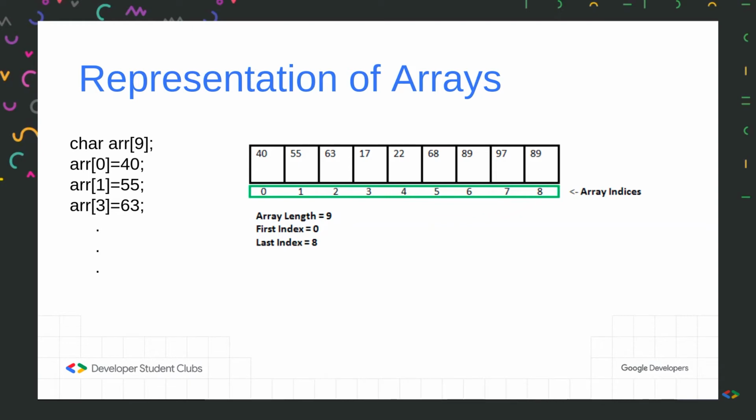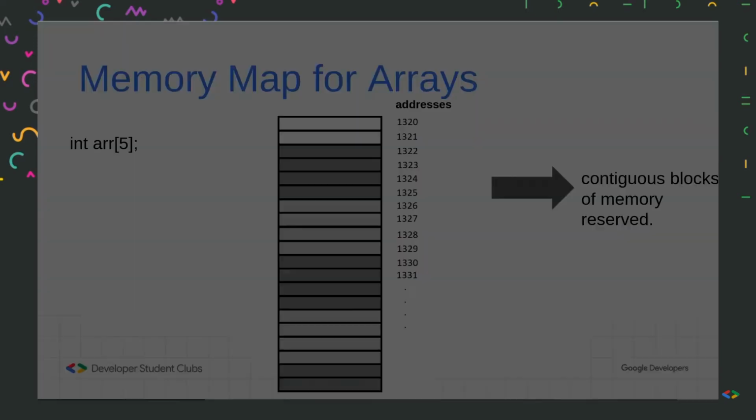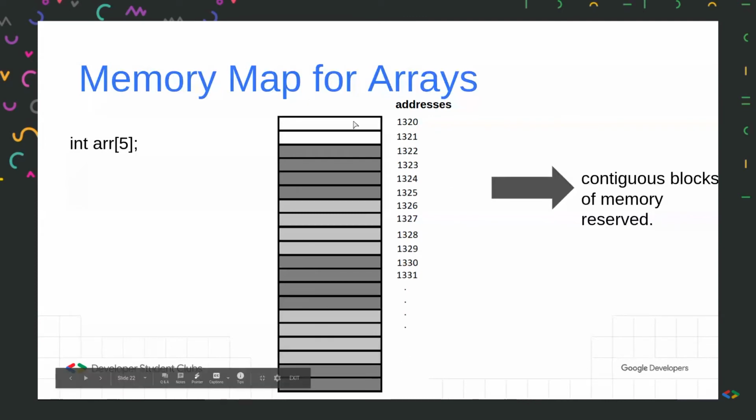Now, we previously looked at how integers are stored in the memory, right? Now we'll look at how arrays are stored in the memory. So this is our memory block. Each of these boxes represents 1 byte, and when I say arr[5], I am saying I want 5 contiguous boxes that can store integer values. And you remember that for storing integers we require 4 bytes. So we get these 4 bytes for storing the first index of the array. Similarly, the next 4 bytes for storing the second one.